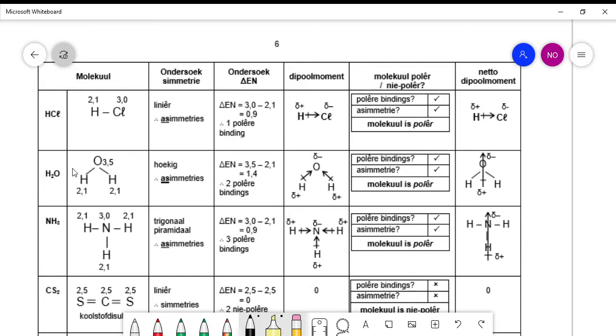The reason why it is angular, you have to know, comes from the Lewis structure. So because we fill our orbitals 1, 2, 3, 4, 5, 6,